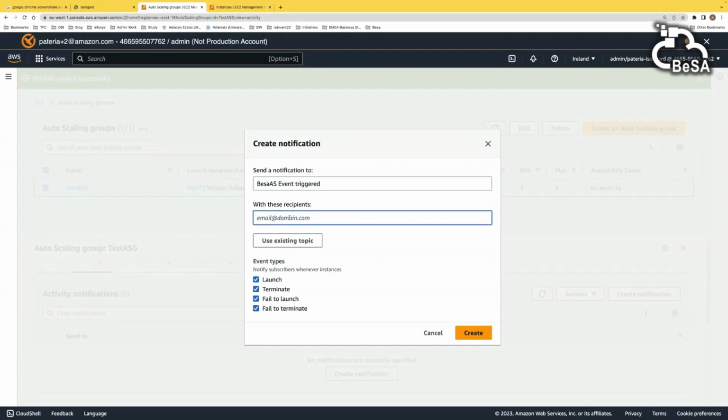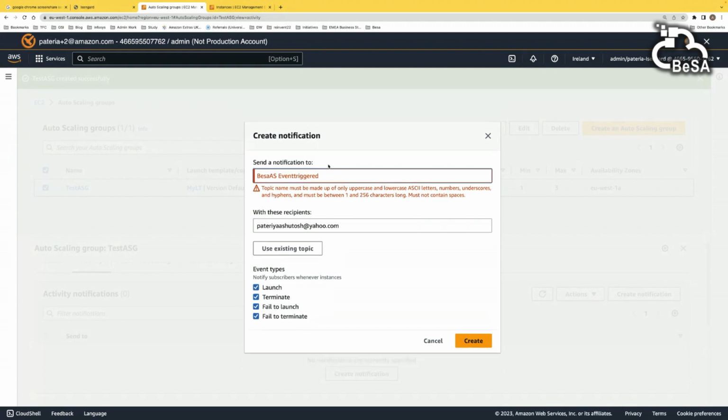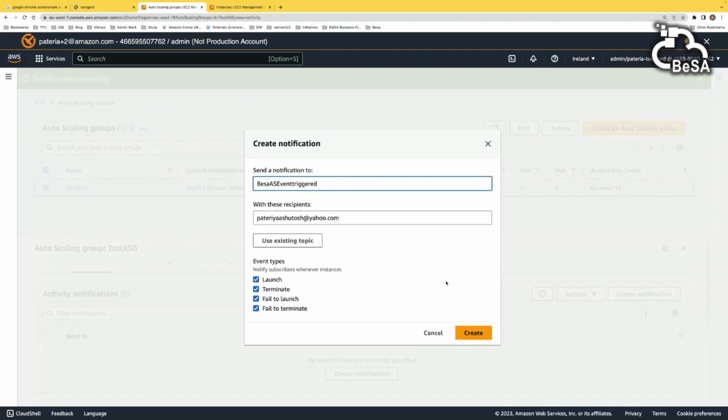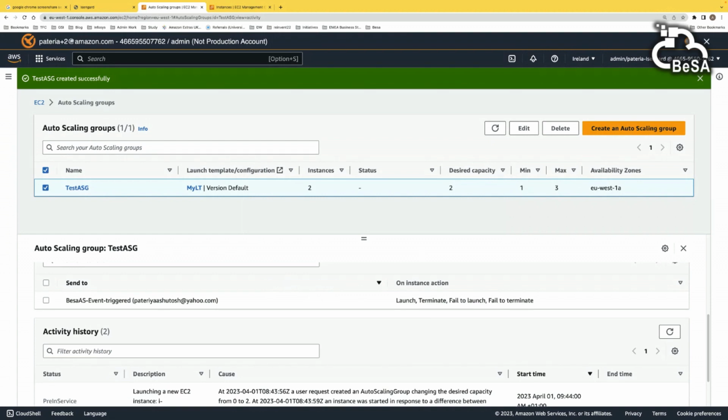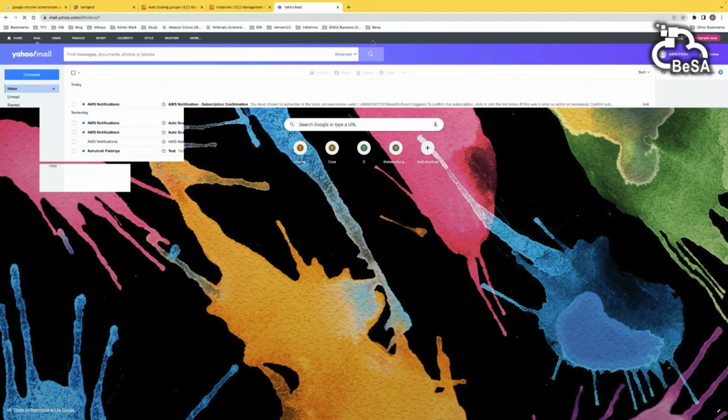Then you can have, so I created an email address just for this and create, oh, okay, sorry, fully uppercase lowercase, so you cannot have, you can have dash, I think. Okay. Yeah, so what it will do, let me open Yahoo. Sorry, who uses Yahoo Mail these days, but okay.